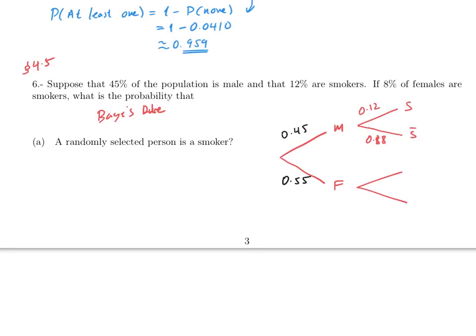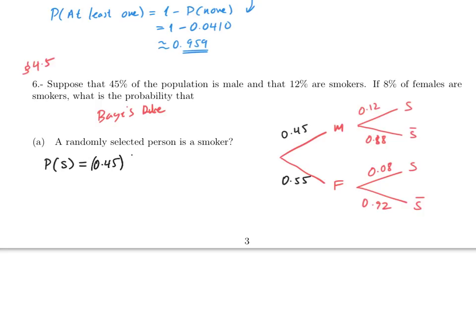They also tell you that if it is female, there is an 8% chance that the person will smoke, so there is a 92% chance that she will not be a smoker. So the first question is asking you what's the probability that a person is a smoker. So the only way you can get to a smoker is the person is male and smokes, or the person is female and smokes. So if you multiply, you end up with